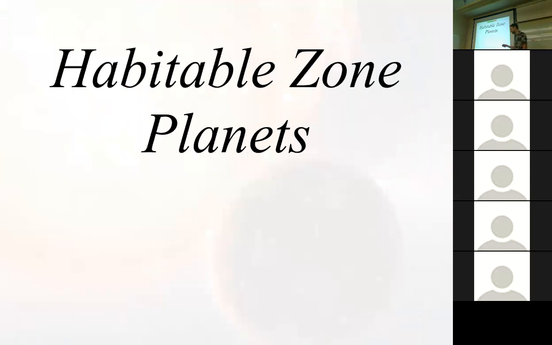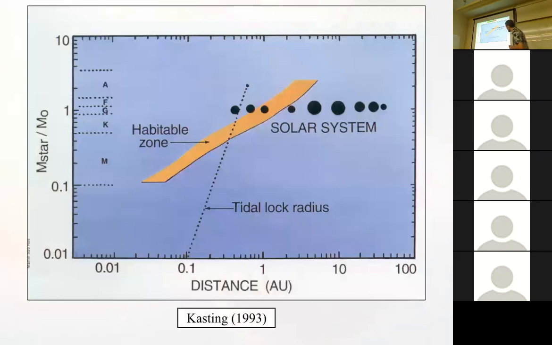So this is sort of leading into this question: can we actually detect planets that are similar to the Earth? I've just shown you that most of the Kepler planets are nothing like it because they're very close in and they undergo effects, for example, photoevaporation from the stars. So can we detect habitable zone planets? Well, the key question is where to look. And this is a classic plot from the seminal paper by Kasting on the habitable zone itself.